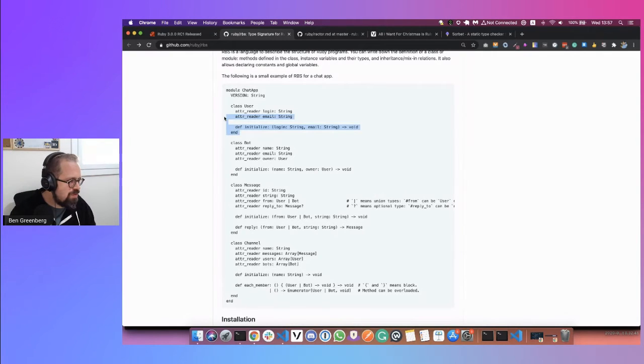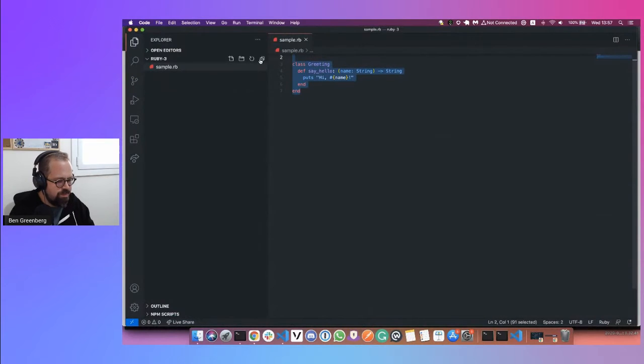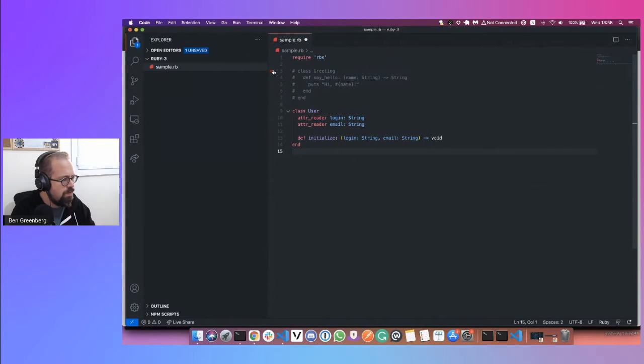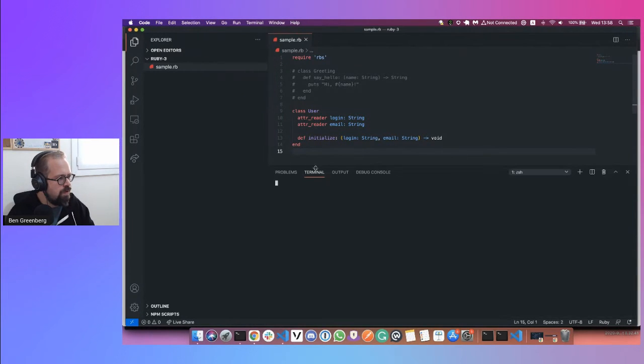Let's even take their example. Let's take this. Let's comment this out. Interesting, right? Let's actually just run the terminal in here.